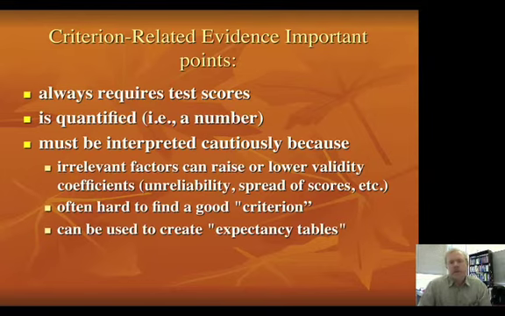Probably the most important thing is to think cautiously about criterion-related outcomes. One of the things that's very problematic is when we summarize data across large groups. For example, we could look at the performance of students from different racial backgrounds, and we could create what are called expectancy tables, where we know that perhaps students who are from one racial background tend to do better than students from another racial background given their performance on a certain test.